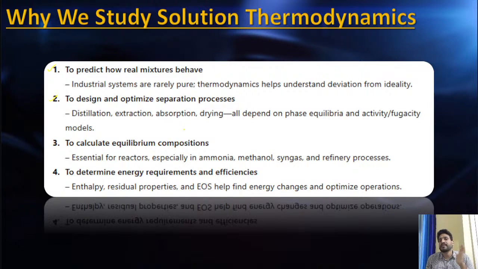There are multiple separation processes in the chemical industry, and all of these depend upon equilibrium. There are multiple phases involved, so phase equilibrium will be important for us. All of this depends upon phase equilibrium, and the activity and fugacity models explain these separation processes. Third, if there are multiple phases, there must be a question of equilibrium, so we calculate the equilibrium compositions,